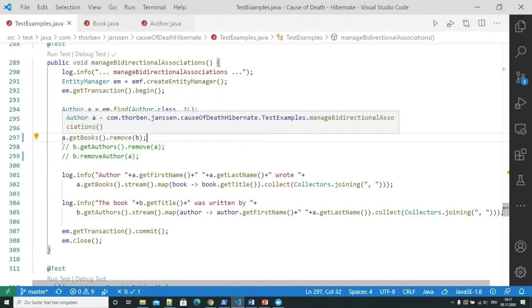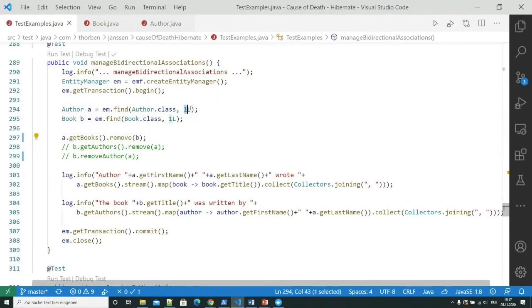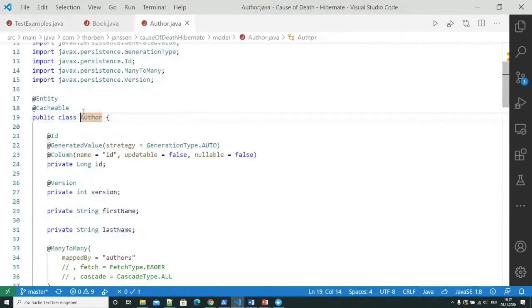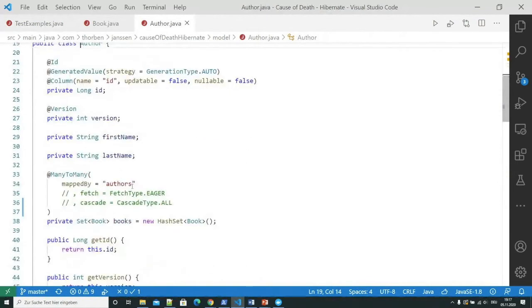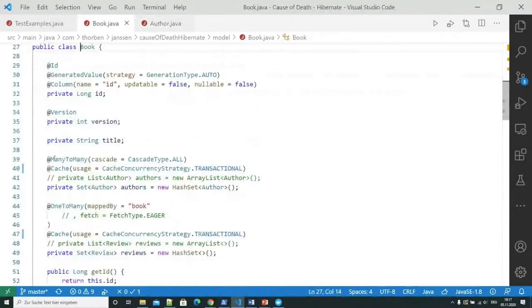So here I fetch the author with ID 1 and the book with ID 1, and then I want to remove the book from the list of books that the author has written. If we take a look at our author entity, we see that we have a many-to-many association here, and this is the referencing side. This one references the authors attribute of the book, which defines our association.